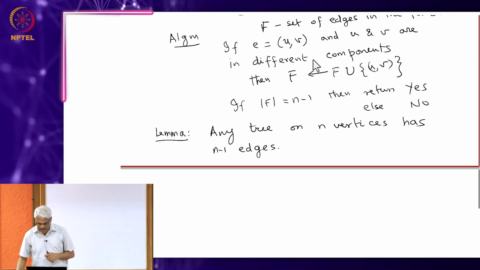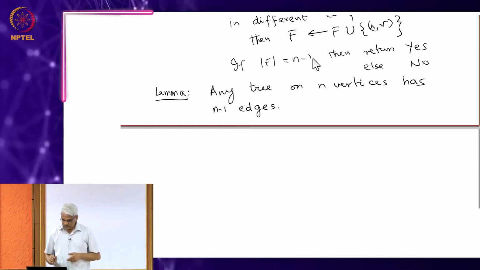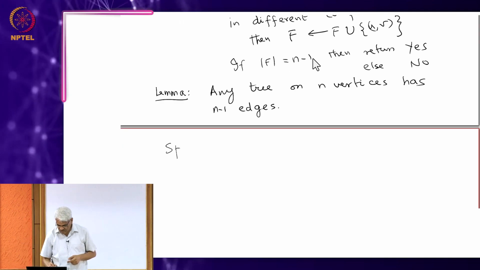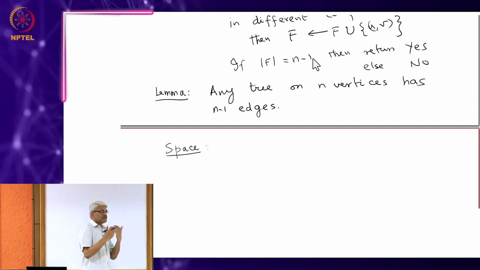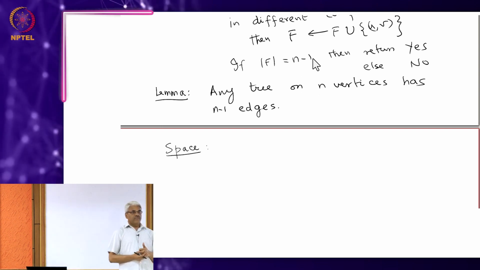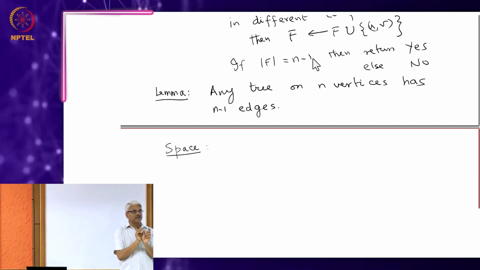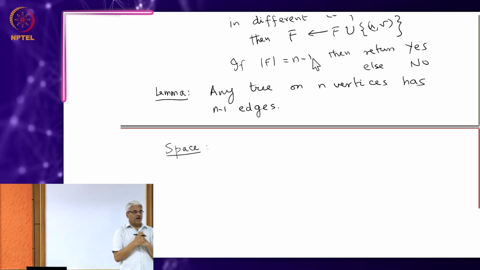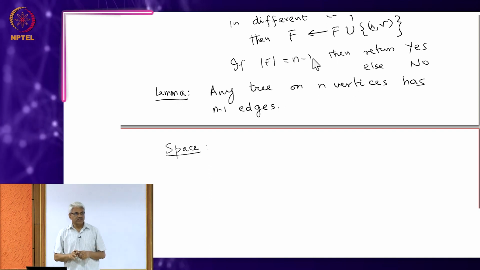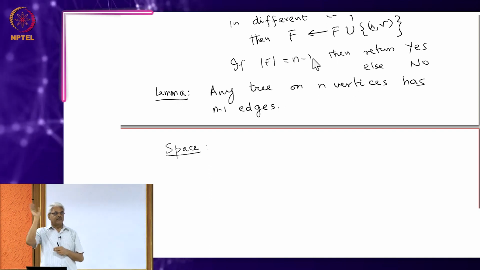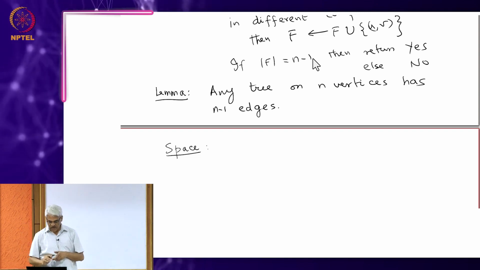Okay. So how much space do I use? Because I said space is the important thing. That's what we care about. Because F stores some edges. That's my only storage. Okay. And each edge is basically 2 endpoints, and each endpoint is a number between 1 and n. So it takes about log n bits, and I store at most n minus 1 edges, because the moment I have n minus 1 edges, I know there is one component. I can keep on saying that the graph is connected for any other edge that comes. Okay. So the space is